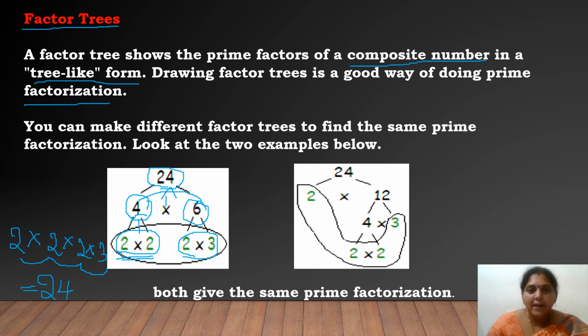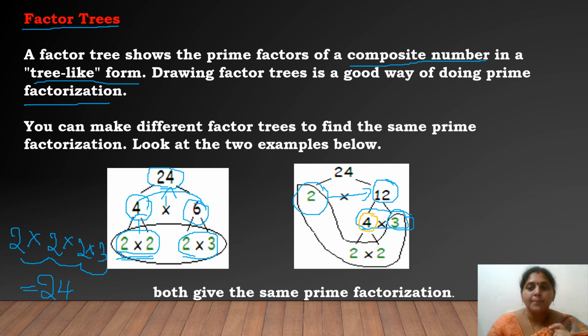Always the prime factorization starts with a prime number. So what is our smallest prime number? It is 2. So 24 in the 2 table, how many times? It is 12 times. Right? Now 12 is not a prime number. I have to find out my prime numbers. So 12 can be 2 into 6 or 4 into 3 or 3 into 4, right? Here I have taken 4 into 3. 3 is my prime number. Don't touch 3 now. Now what is my composite number here? My composite number is 4. So I have to change my composite number into prime numbers.